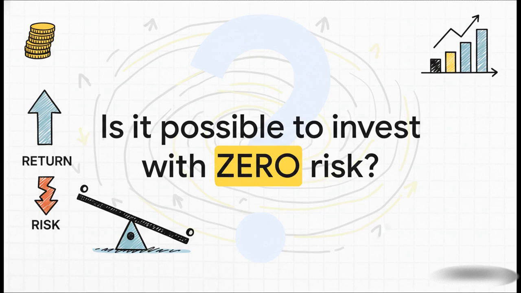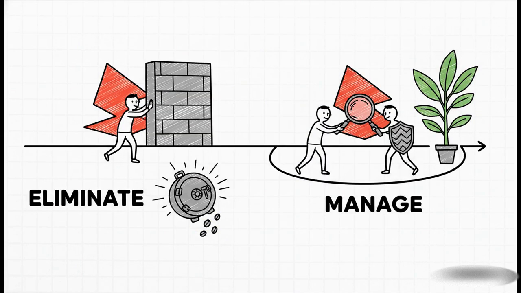I mean, even something that feels super safe, like a government bond, still has risks, like inflation just eating away your returns over time. This leads us straight to that classic risk-return trade-off. If you want higher potential returns, you've got to be prepared for higher potential risks. And this brings us to a really important idea. A smart investor doesn't try to get rid of all risk. That's kind of like hiding your money under the mattress, where it doesn't face market risk, but it's guaranteed to lose value to inflation. The real goal here is to understand your risk, measure it, and then manage it intelligently so it lines up perfectly with what you're trying to achieve financially.